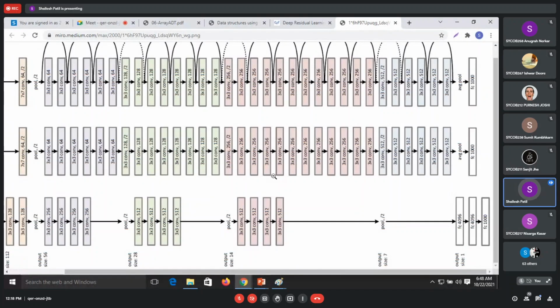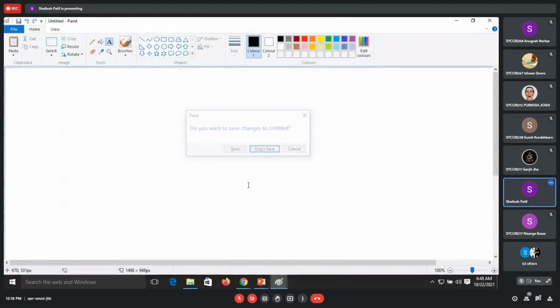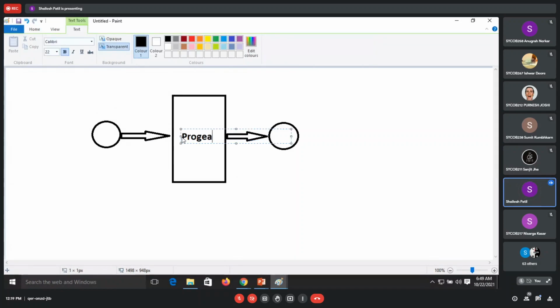So what exactly we have is deep learning and machine learning. Let's take this as the input of a program. This is a processing unit, where the program is working, and finally one output will come from this unit. So this is a normal execution. For any program you provide some input, and this program will generate some output. For that purpose we write each and every program. Is it clear?